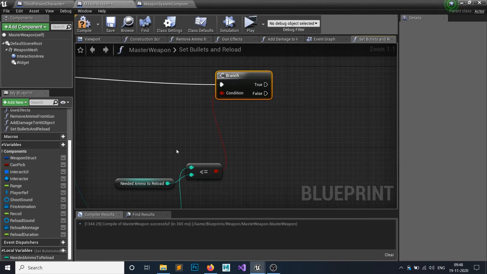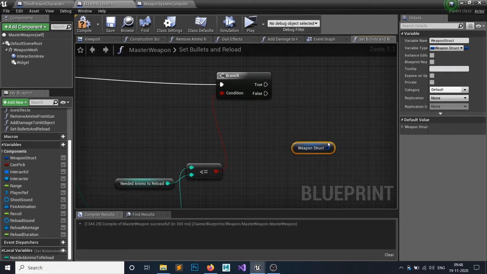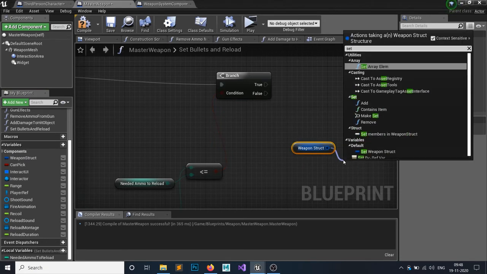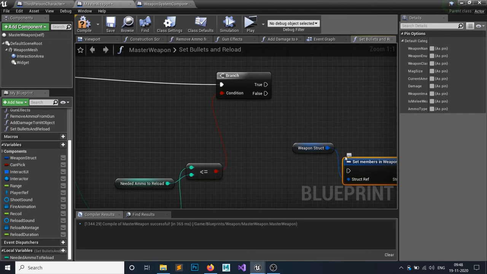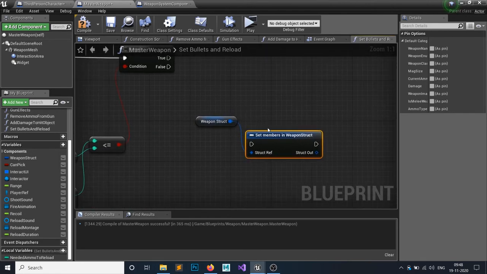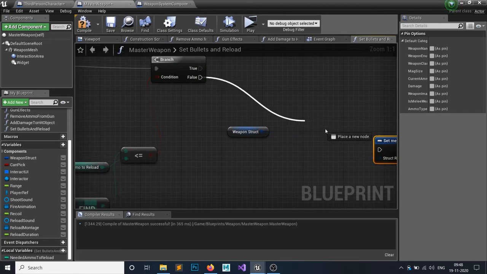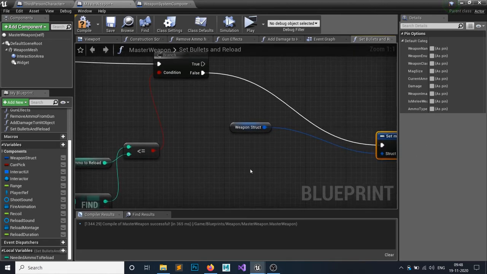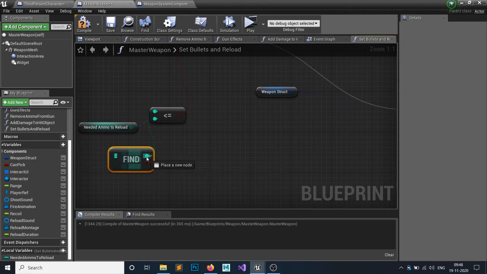For the false branch, I will set the weapon structure variables. So I will grab this weapon structure and set members in weapon structure. And what I need to set as my weapon structure is whatever this ammo is, this one, minus the ammo needed, because we have added that, so we have to set the weapon to a new one.